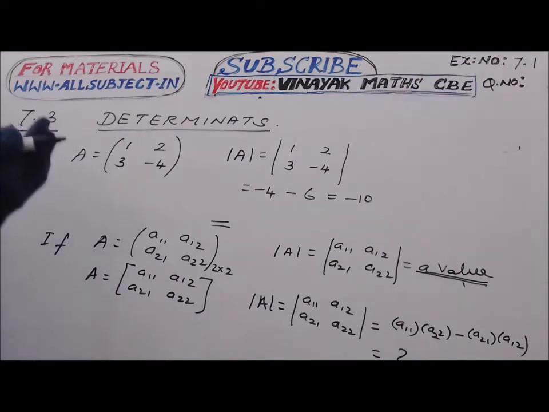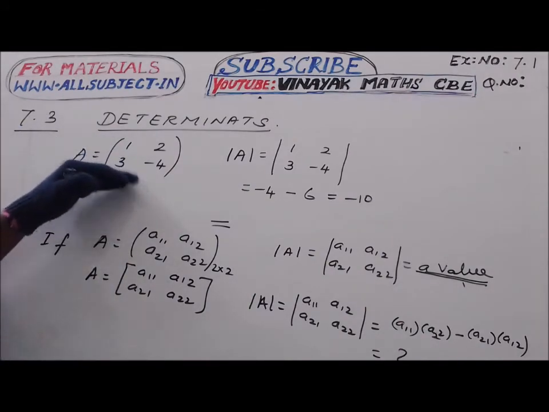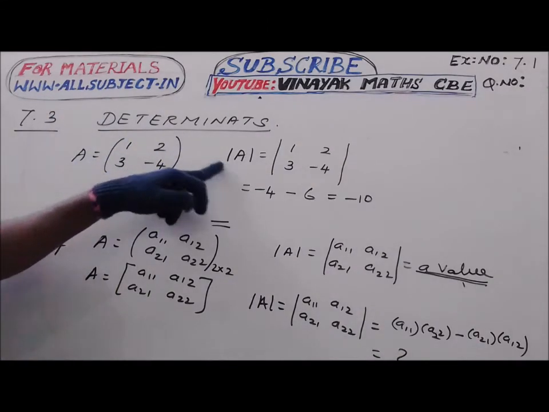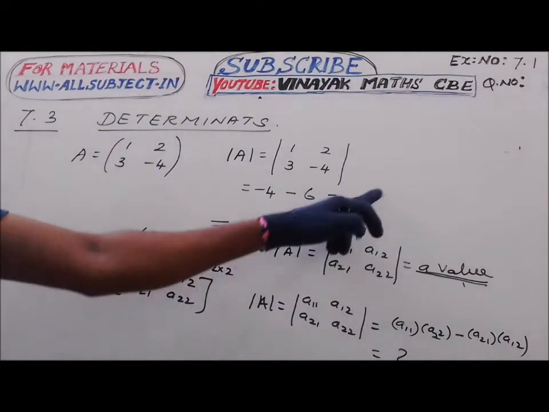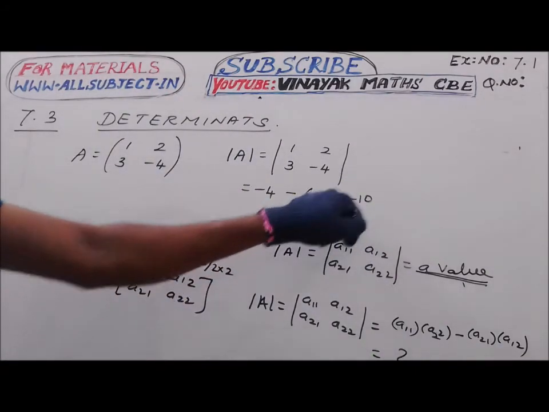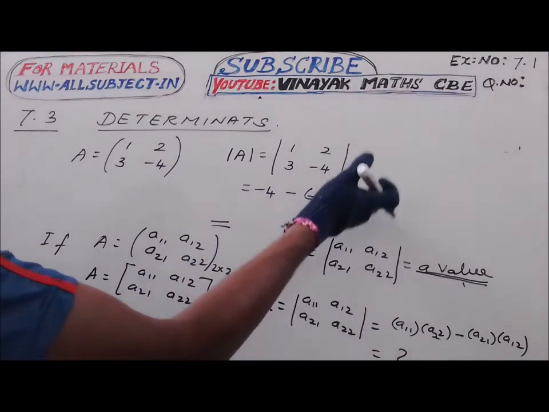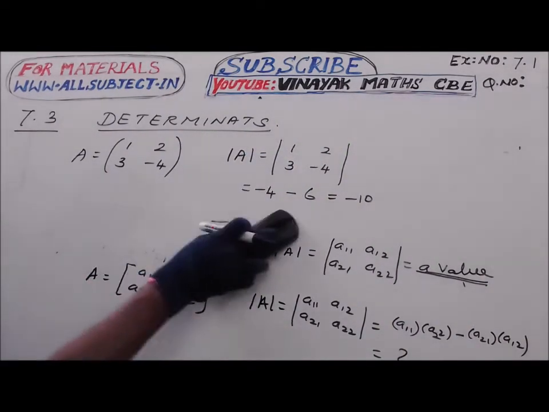But when we take a matrix, it's just an arrangement. We need not modify it more. We can just transpose it, that's all. But determinant of the given matrix is a number. It may be positive. Here we have achieved a negative number. It may be a positive number or a zero or any real number. Now I am taking another matrix for an example.